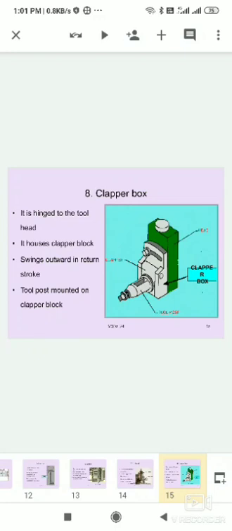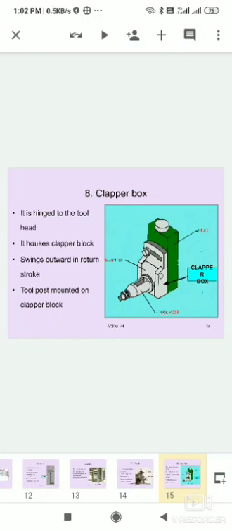It is hinged to the tool head, and at the top position there is one screw on the green color box, which is called the head. The white color part is the clapper box.